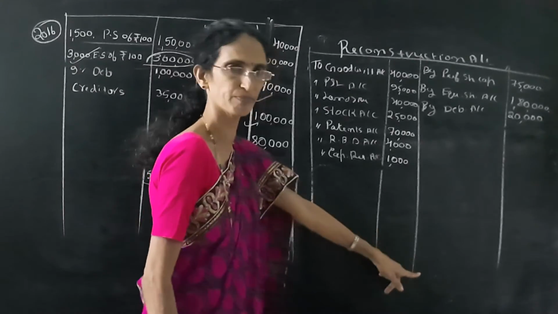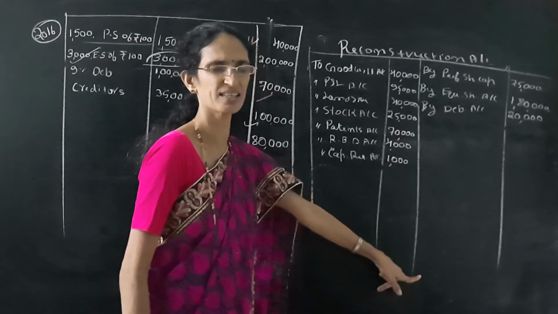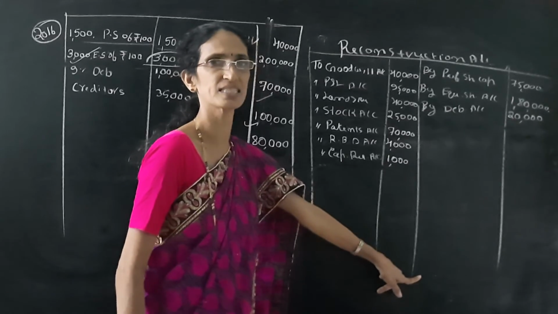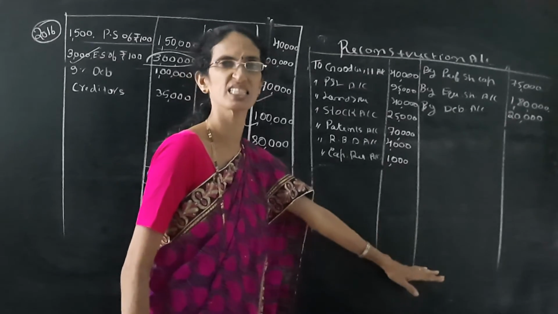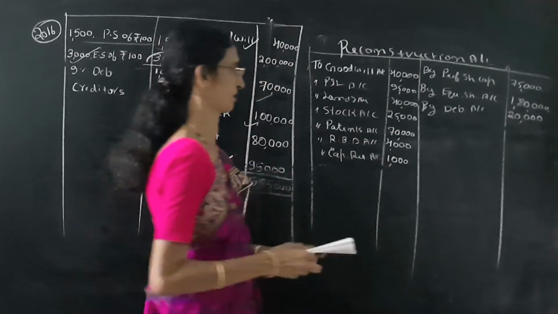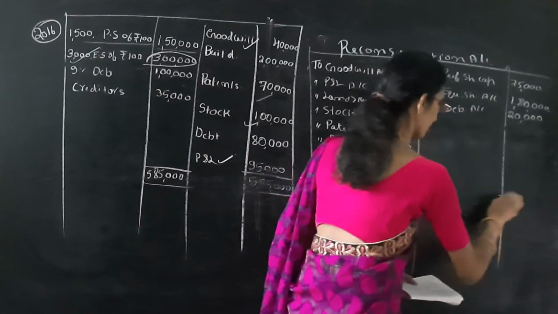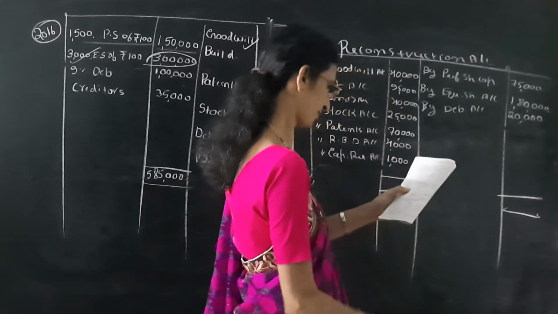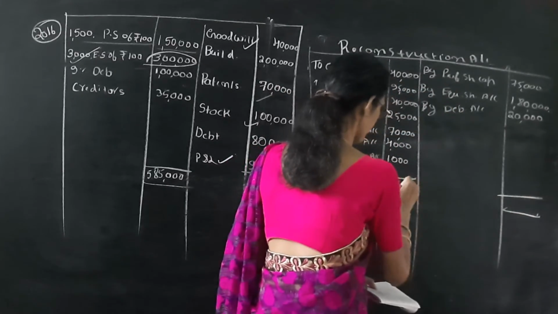So here I think I said it is reconstruction account. My mistake, I should have said capital reserve account. Yes, over. This account should tally. So it will tally. So the total of both sides is